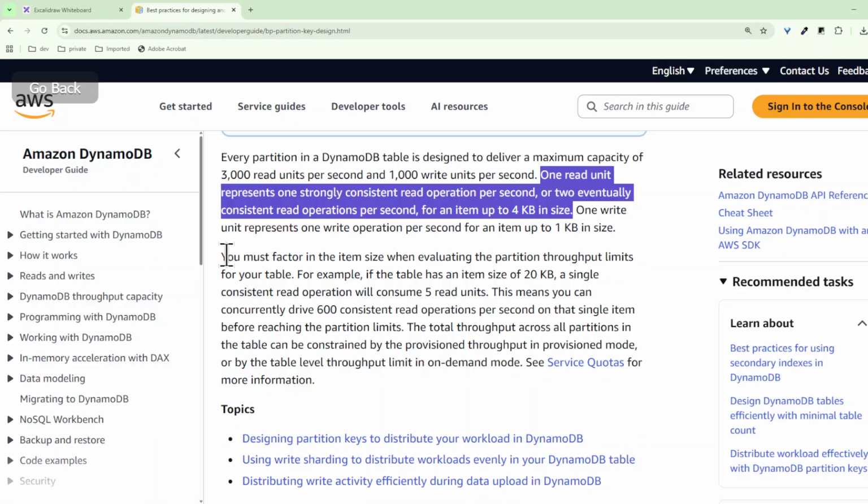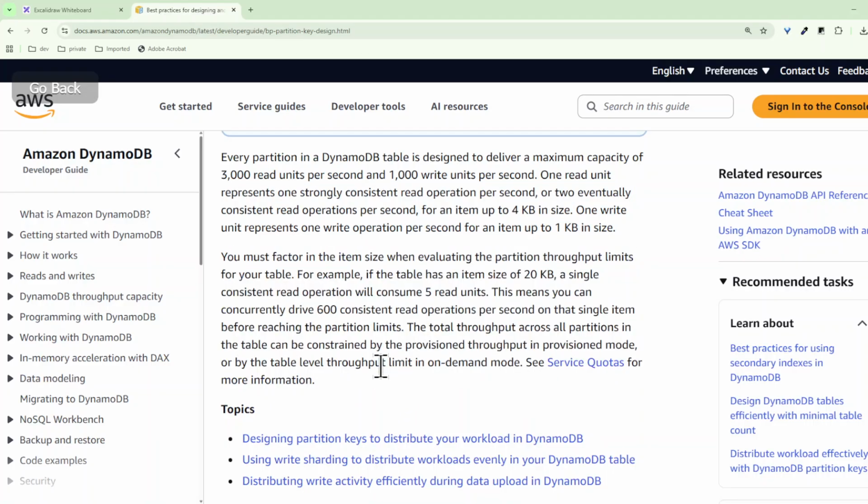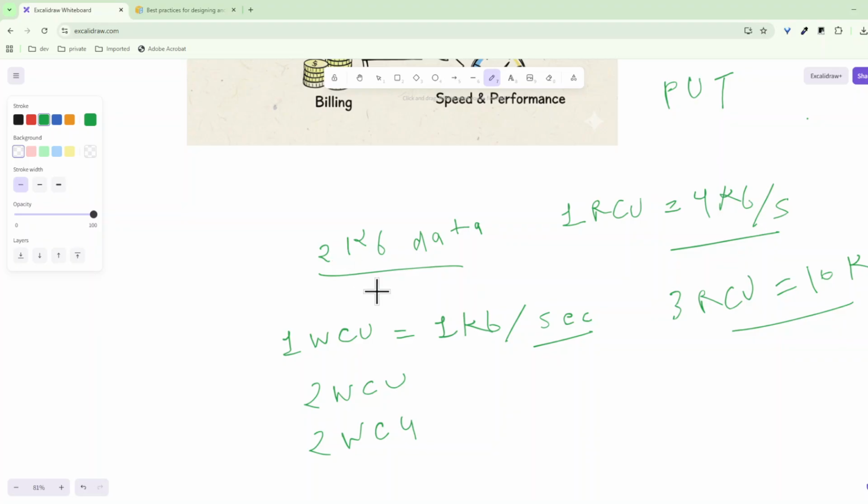You can even read more about this, like how it really works. We can play with it more and more. Now one more thing: you must be thinking, then how are things really working out if it does not allow us to query more than 3000 RCUs, as we have already discussed. So let's say 3 RCUs is equivalent to 10 KB. Now what will 3K RCUs be? You just multiply and it becomes 10 to the power 4, which is like 10,000